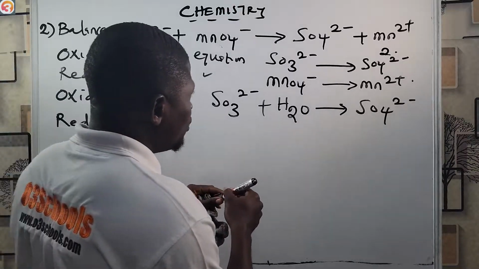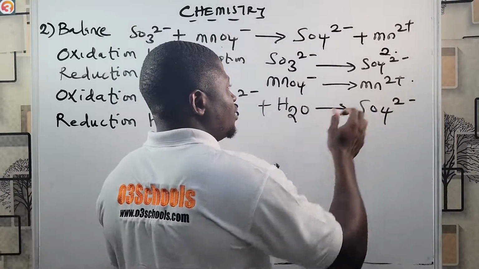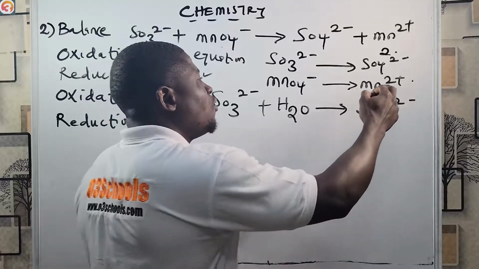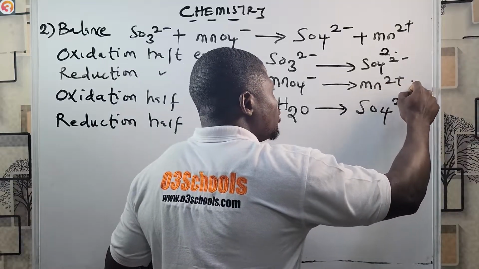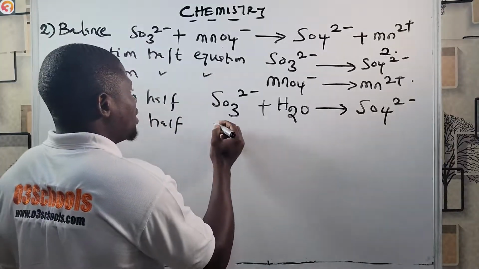All right. Now we have 4 atoms of oxygen here, but do we have any here? No, we don't. So we need to add 4 molecules of water to the right hand side, so that it will be balanced. So for the reduction half, we're going to have